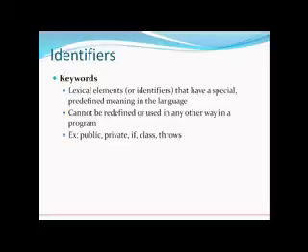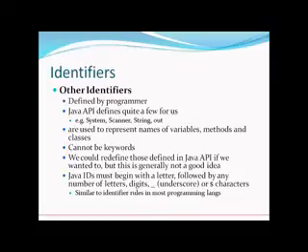Like int is a keyword, float is a keyword, for is a keyword, while is a keyword, and suppose public, private, if, class, throws, whatever vocabulary is provided by a language comprises keywords. Now, there are some other identifiers, like those defined by a programmer. Suppose in Java we have System, Scanner, String, or out. These are also keywords, or sorry, these are identifiers. Why identifiers? Because these are the names of the classes. Now, if we want to create our own variables, as you might know, variable is a general term that sometimes is used with identifiers.